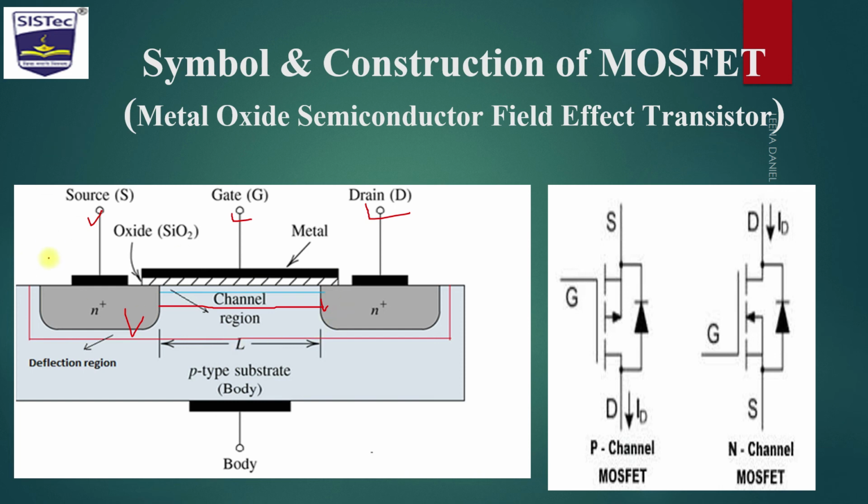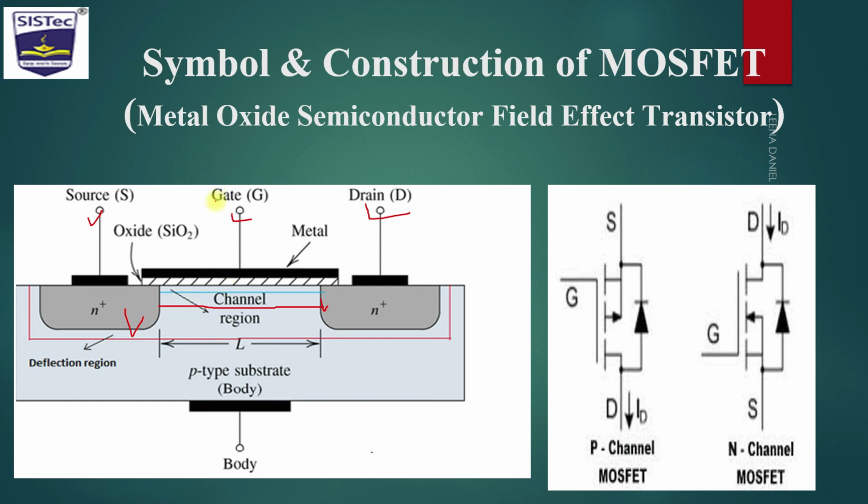So this is the condition to turn on the MOSFET, and here we use the P type substrate. Instead of a P type substrate, we can also use an N type substrate, and if we use an N type substrate here, we have to use P channels at this position, and the reverse process will happen, whatever process we have studied in this.